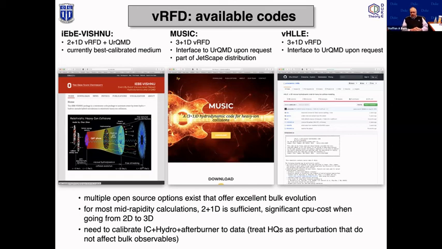And all of these codes interface to some hadronic afterburner. Yes. So I think that's really part of the good news. I would point out that I think Vishnu is written in Fortran. MUSIC is written in C++. Yes. Now in all cases, what you have to do, of course, and I'll mention that a little bit later again,